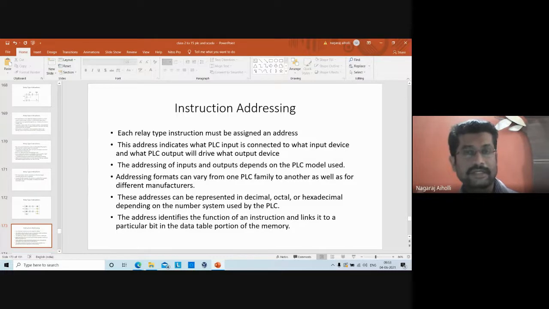That is why it is called octal. If I use the representation hexadecimal, I use the letter H after the number. Let us say the memory location is 85H. In 85H memory location, the instruction is stored.